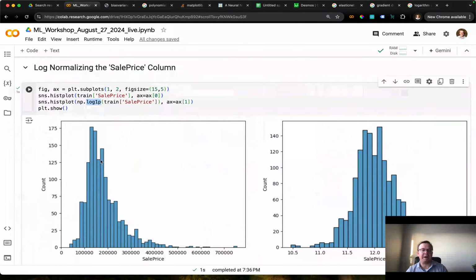So we're going to add 1 to each of our sale prices. And this really isn't a problem with the sale price value. We don't have many sale prices close to 0. It could be a problem with some of our other skewed variables. So not really necessary to add the 1 here, but we're going to log normalize by adding 1 every time, just as a convention. Okay, add 1 to each of the sale price values, then take the logarithm, and what this does is